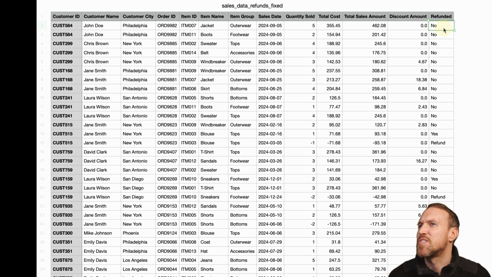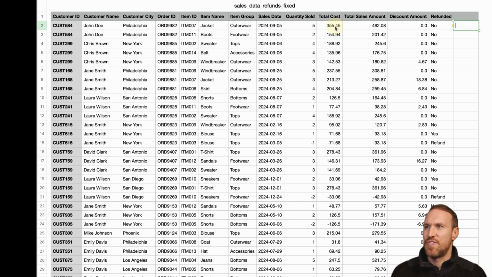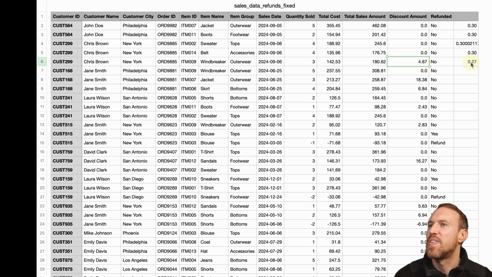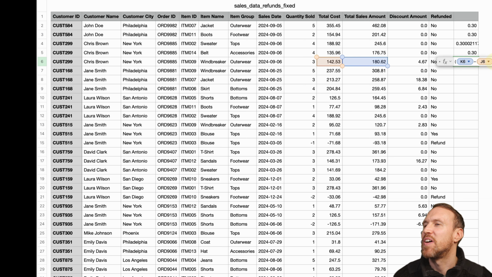And let's just double check that we are getting the 30%. So if you do total sales amount, take away total cost, and then let's divide that by total cost, and then we got our 30%, that's correct. And then slight rounding there, and then let's see what happens when we get here. Yeah, so that difference is the 30%. So if we go plus that, we see we got our 30%. So it's worked, and we have a data set to start using for the purpose that you want to do